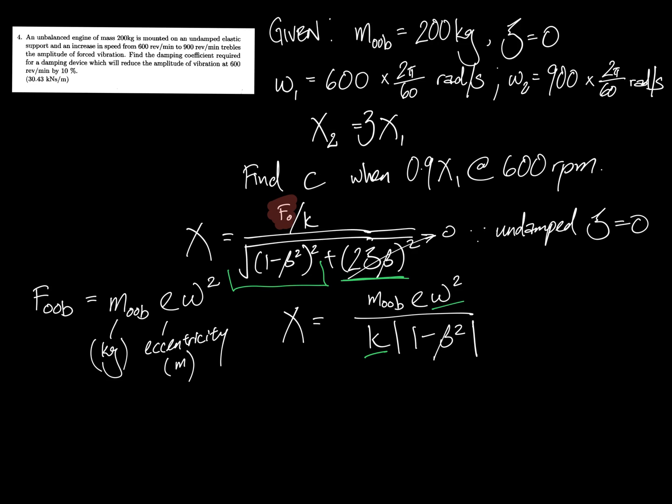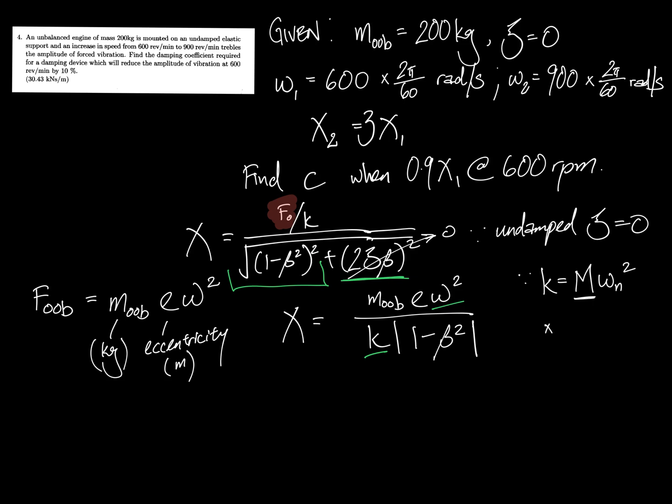And we know that k is equal to M omega n squared. Notice this is a capital M, which is the mass of the entire system. m_oob is just the mass of the out-of-balance mass. Okay, so if k is equal to this,